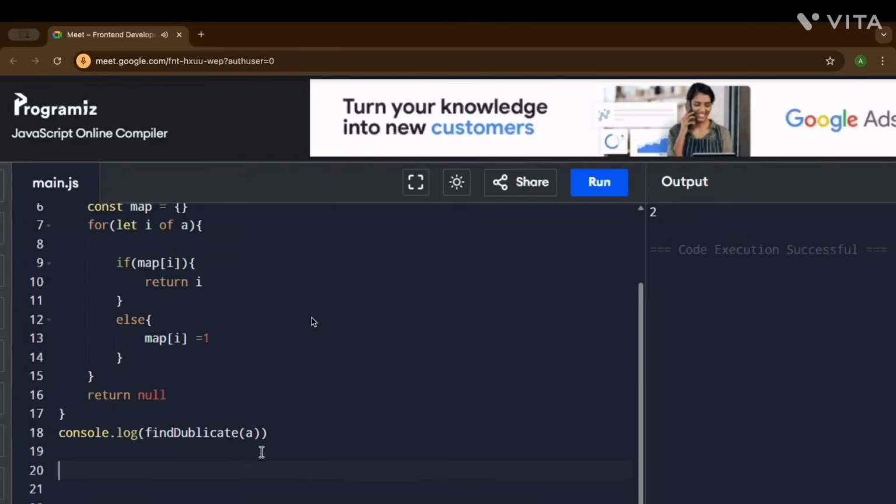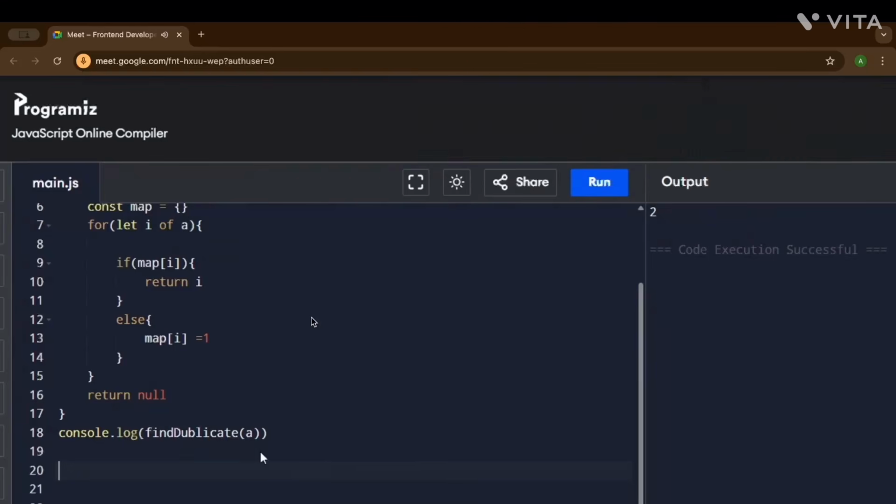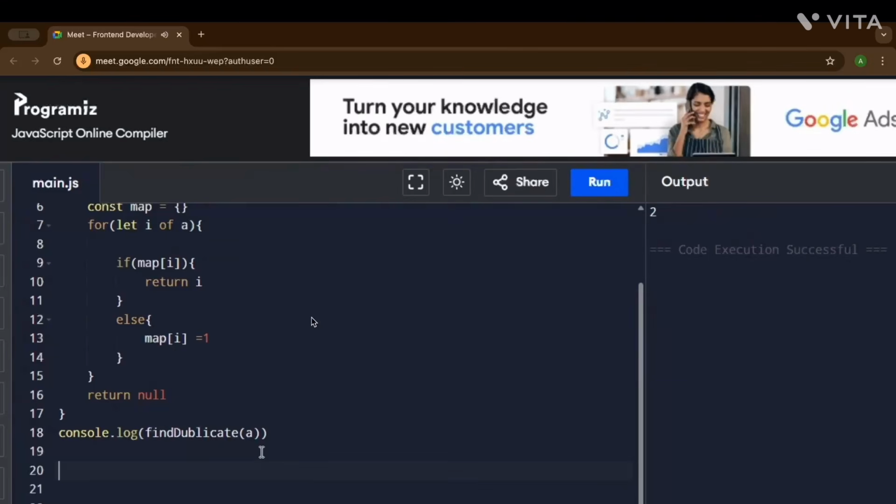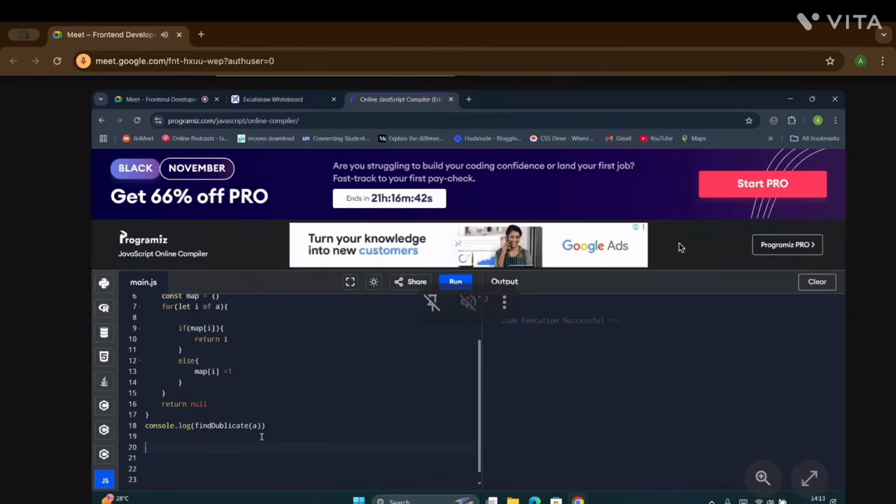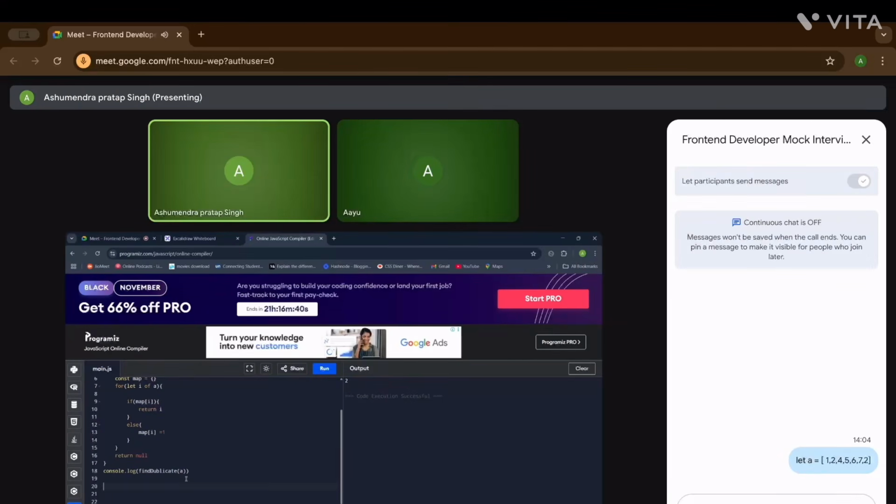What are higher order components in React? A higher order component is a component that accepts any other component, taking any other component as a child.